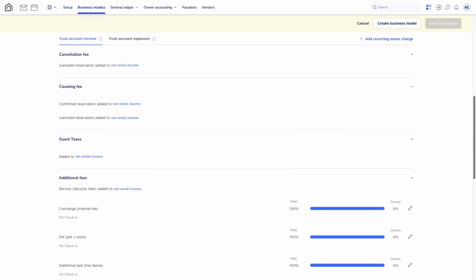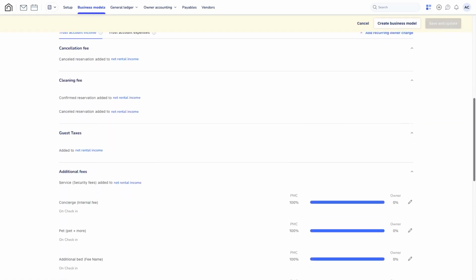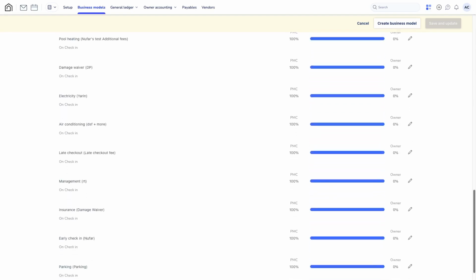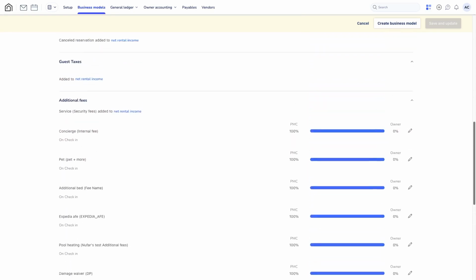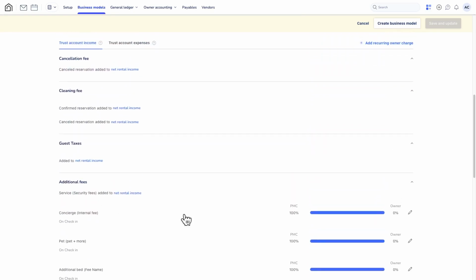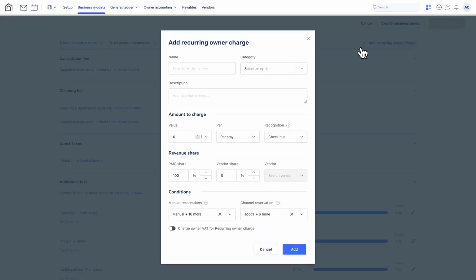The Trust Account Income section displays the different fee options that can be split between the PMC and the owner, as reflected in the revenue share agreement. When creating a recurring owner charge, note that these charges are not related to guests, but rather to PMC and owner purposes only. You can use this feature to charge the owner on a recurring basis, specifying the frequency and amount. If funds are available in the trust account for the owner, the recurring charge will be deducted from their